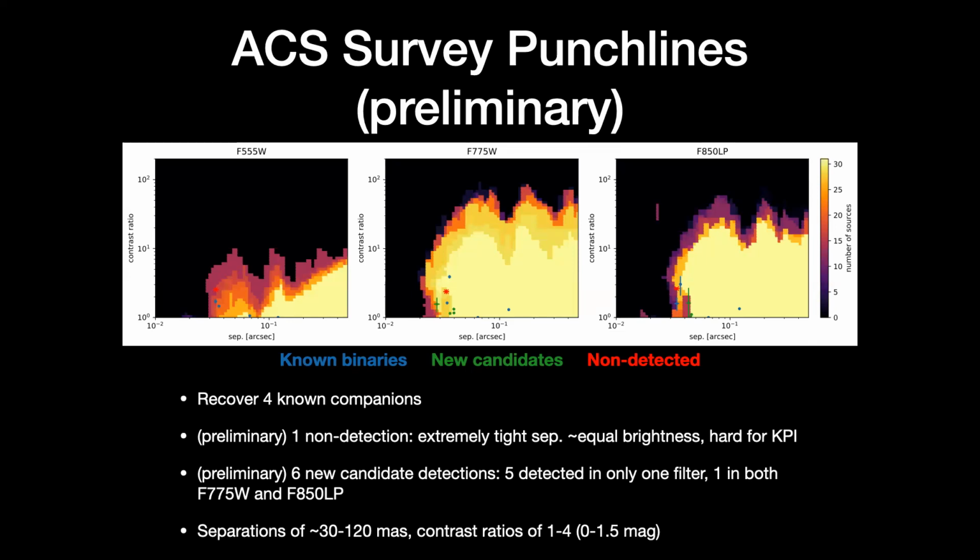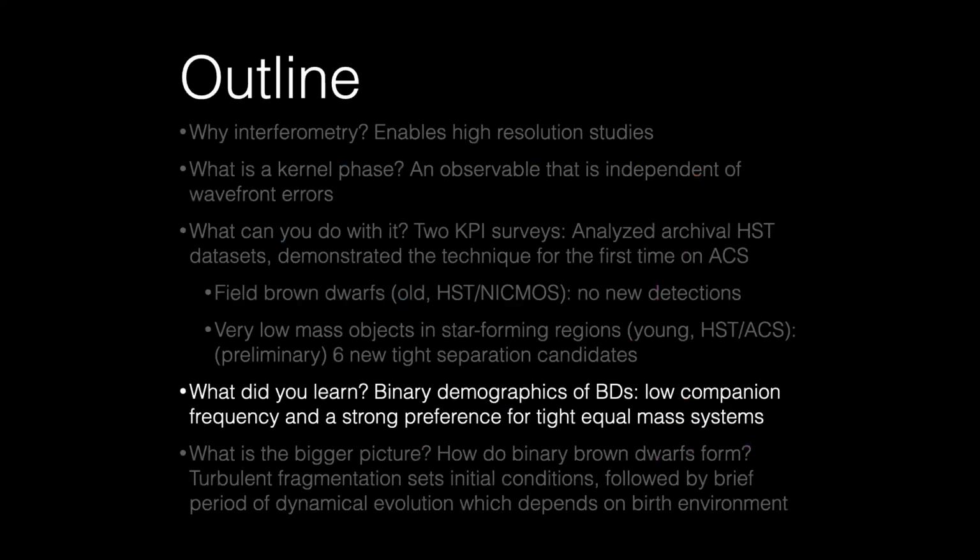So yeah, we found 4 out of the 5 known companions, and we have 6 candidate new binary detections. All of them are really tight separation. 1 or 2 of them might be a little bit marginal. We might lose them in the final detection limit run, but it shouldn't change the results by very much at all. So yeah, going back to the outline here, I have these 2 catalogs of detections and sensitivity where I